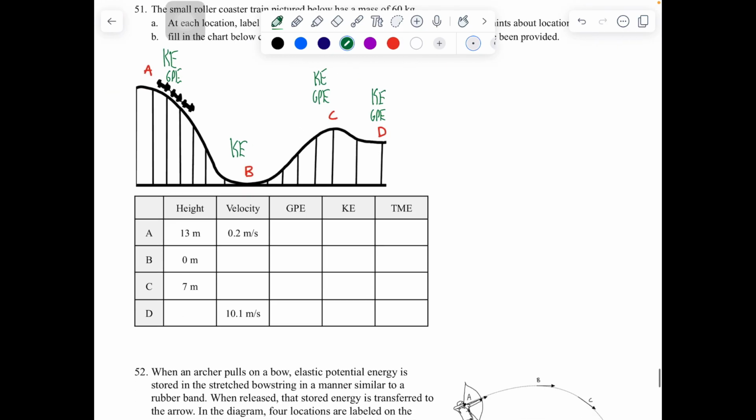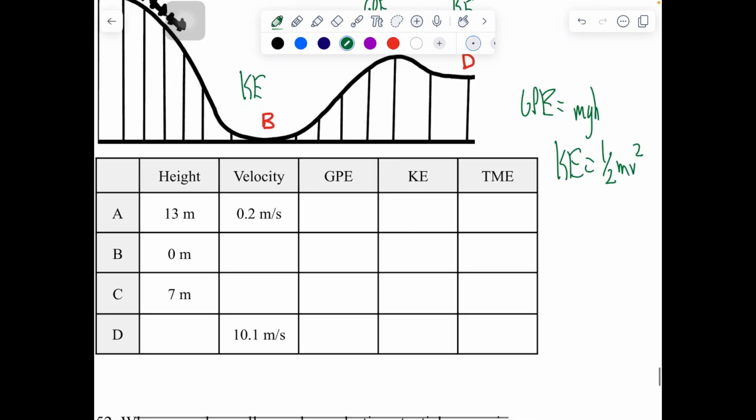Okay. We'll use our equations. Remember, GPE is mgh. KE is 1/2 mv squared. So let's find our energy at A. Since we know the mass, we can find our gravitational potential energy. The mass is 60 times 9.8 times our height of 13. That gives us a gravitational potential energy,